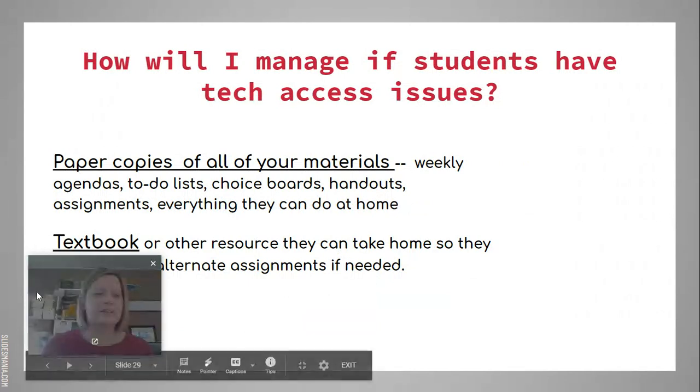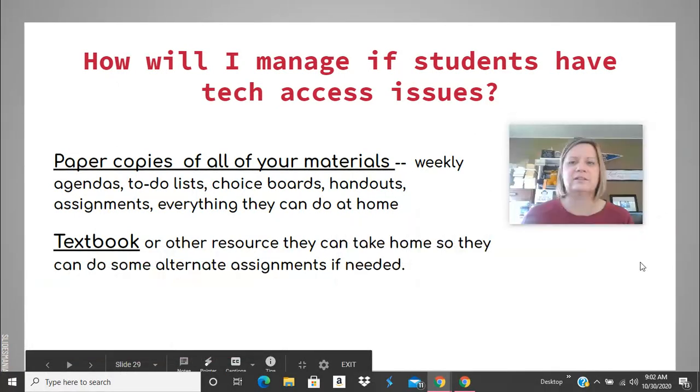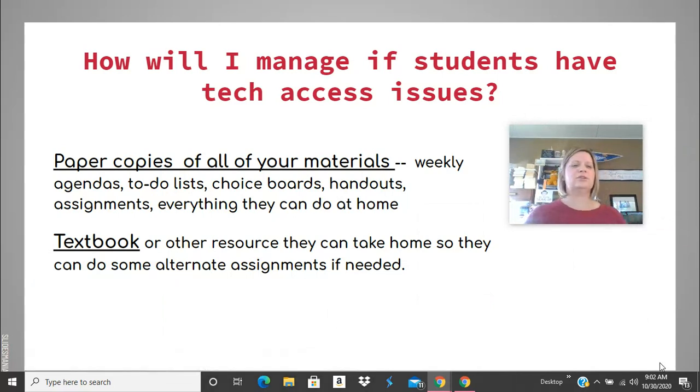And just be aware that some students are not going to have really good technology access. Things happen, we know that. So I would suggest anything that you create, any template you use, any choice board or any agenda or to-do list, that you do have a paper copy available, so that if you do have a student that says, I can't get on the computer, how can I get my work? All you need to do is copy what you got, and then you can give them those to do at